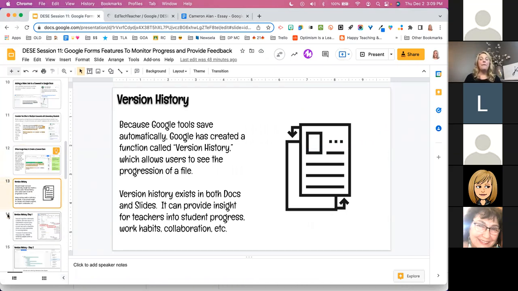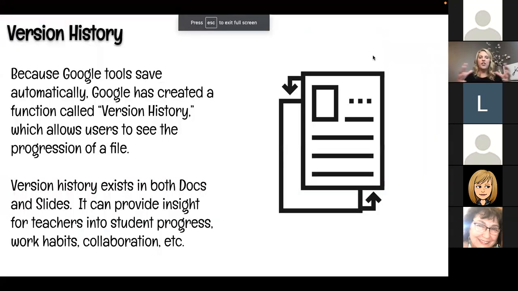All right, version history. You guys, version history is a really powerful tool. It works both in slides. It works in all the products, actually, maybe not forms, but sheets and docs and slides. And what it does, let me go big here, is it allows us to see the progression of a file, okay? Because Google saves for us constantly, it saves like every few seconds or so. It allows us to be able to see how a document has progressed,